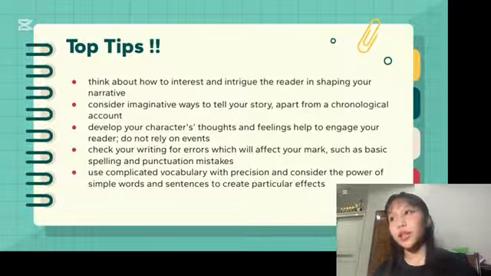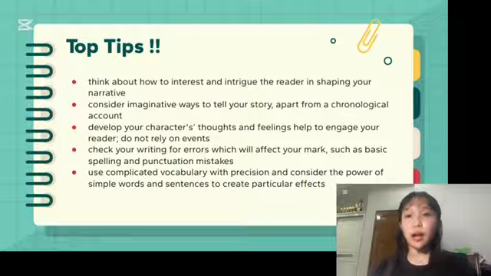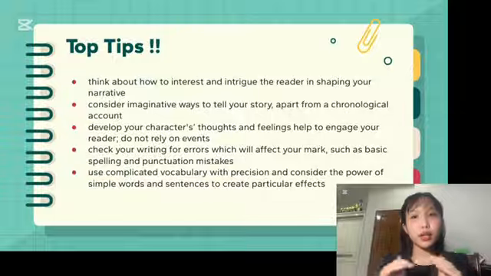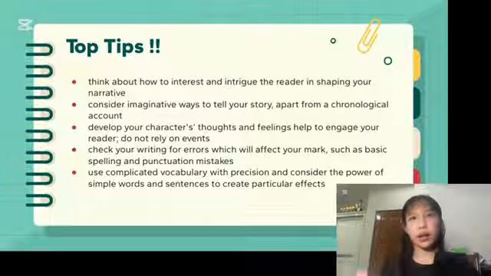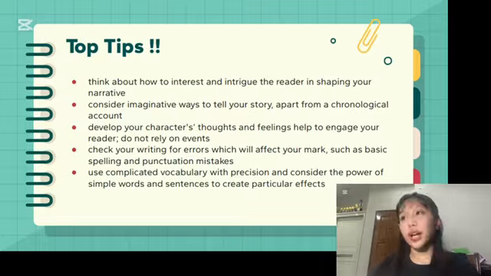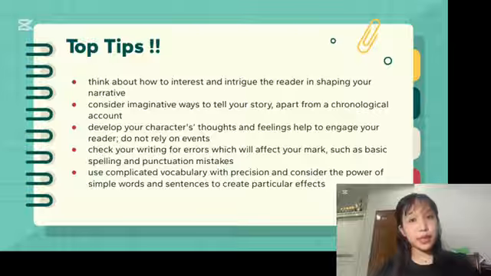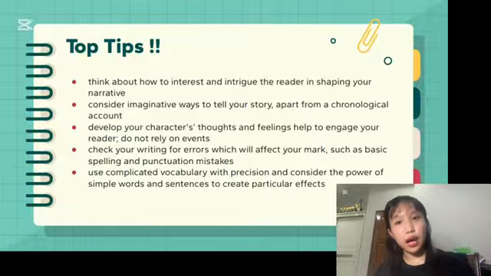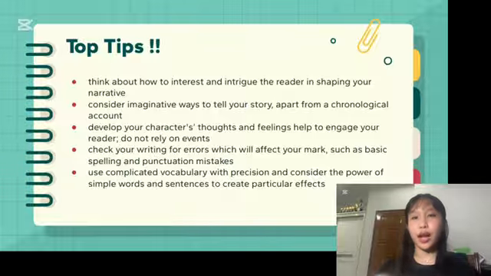Then you're going to develop your character's thoughts and feelings to help engage with the reader. In your writing, you're not going to be like, oh, this happened, now this happened, now this happened. It's not going to make your narrative writing really interesting. So try to include the character's feelings and thoughts as well. Check your writing for errors which will affect your mark. Obviously you need to check your writing. Silly mistakes like grammar or spelling are going to let your grade down,